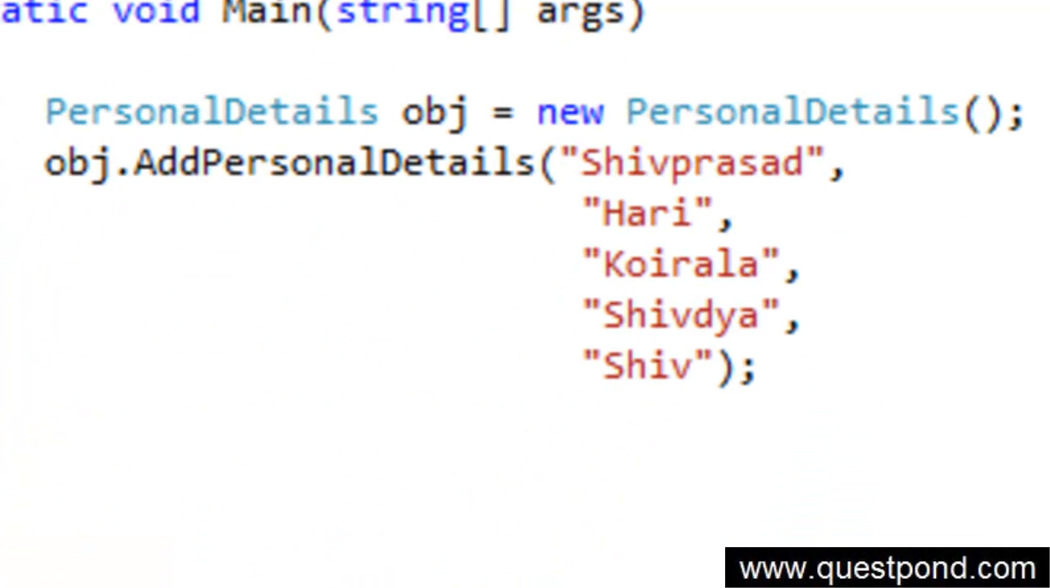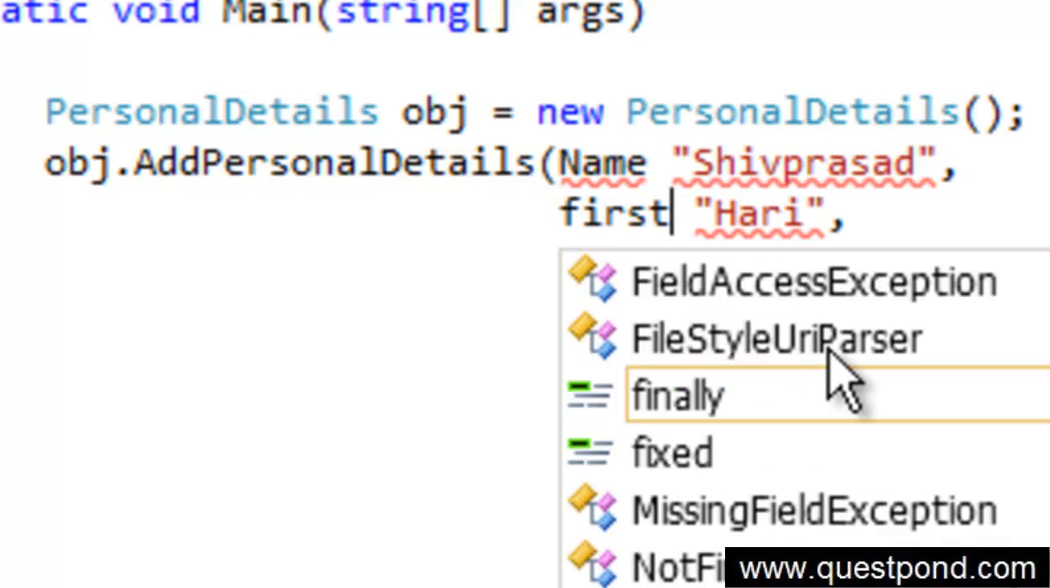But there's a problem here. The problem is readability. I'm not able to figure out which is the first name, last name, pet name, and short name, etc. So what I can do is use something called named parameters. So we can say, okay, this one is actually my name, this one is my